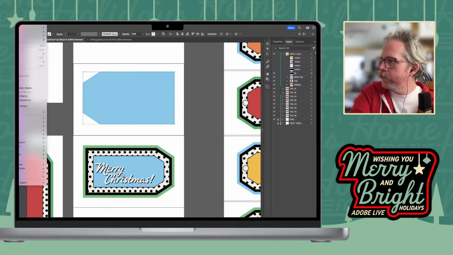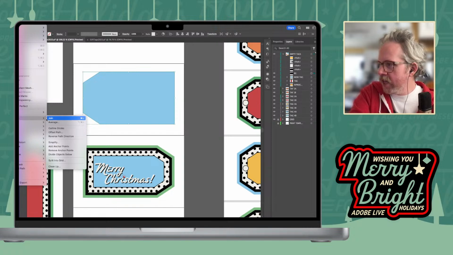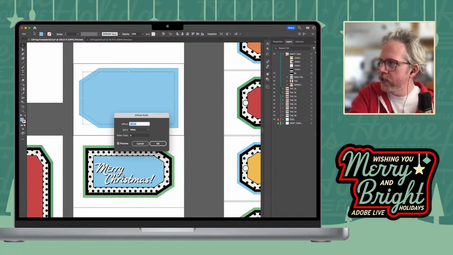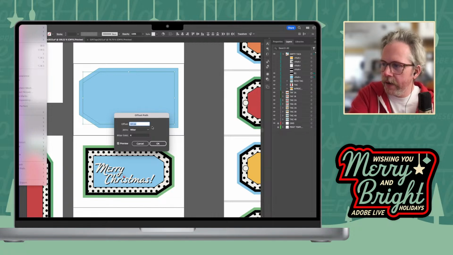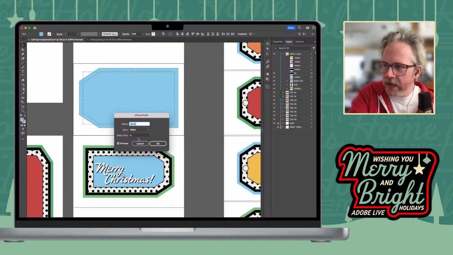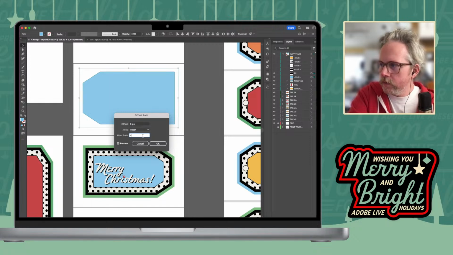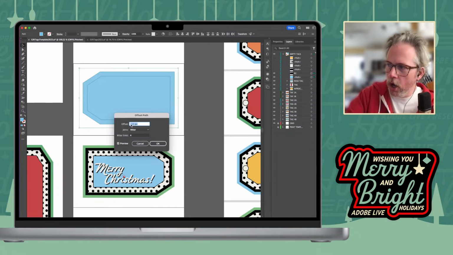Well, there is a way to grab a path and offset path. This is under Object, Path, Offset Path. And you can actually make it smaller than the original thing. If I do this at 0, then it's just going to be the exact same size. If I go down, it's going to start shrinking this path, and it's going to create another layer for me of the same exact shape with the proportions that I want. So this offset path is exactly what we want. I can go -10 pixels